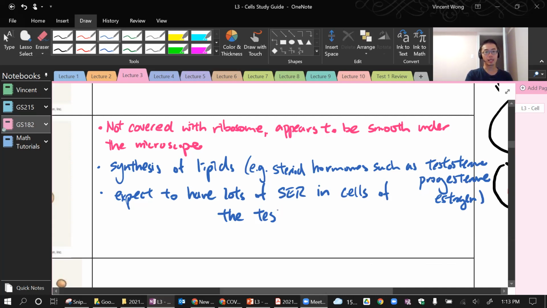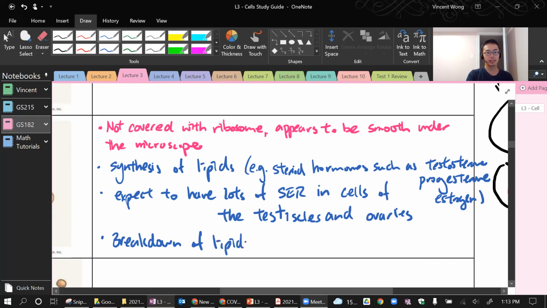Oh, sorry, can't spell testicle. Yeah, and for female, ovaries. Very good. Okay, testicles and ovaries. Good, good. Now the smooth ER is also responsible for breakdown of lipids and detoxify